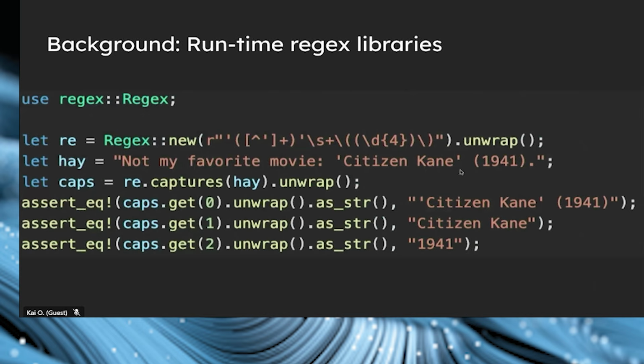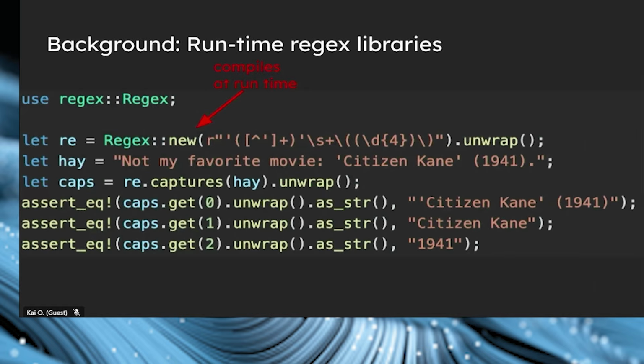So that will skip this whitespace here, and then it will match an open parenthesis, and then four digits, and then a closing parenthesis. So it will extract here, you can see, Citizen Kane, 1941, with the quotes, brackets, and everything for parentheses. But the main thing to note here is, first of all, this is compiling at runtime. So when you call Regex::new, that's not a const function. You couldn't really compile a regular expression at const or with const because